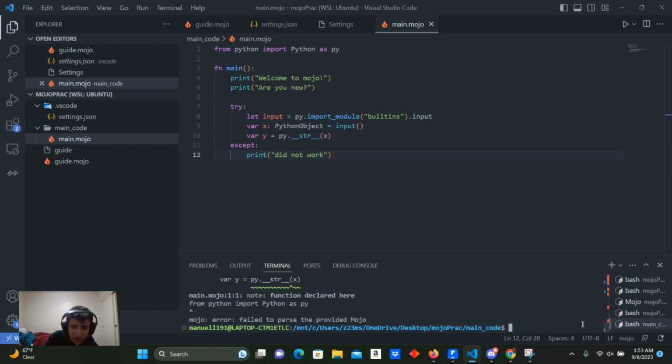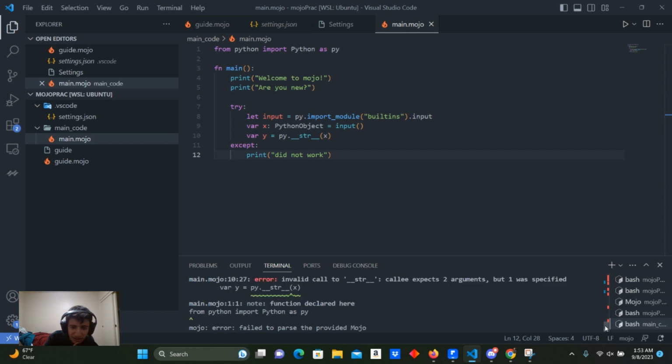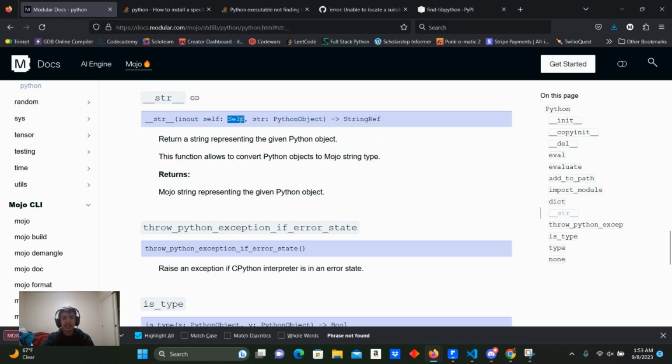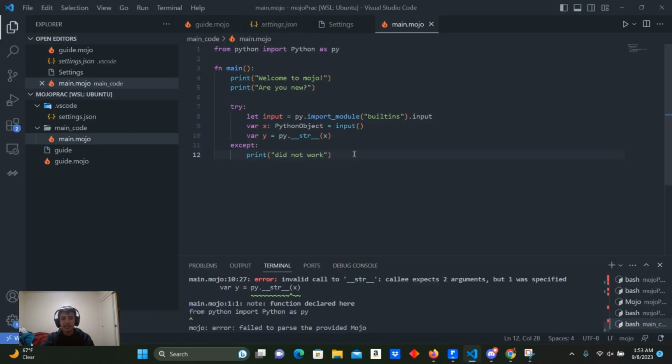Okay. I really want to show you guys the exact error. This is what it is. Expected two arguments, but one was specified. So the reason for that, and I don't like this, is because it needs self, meaning that it has to be an instance. We can't call this straight off the class. So annoying, absolutely annoying, but we have to do